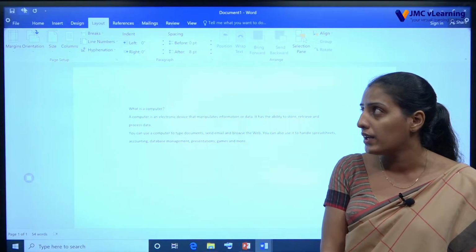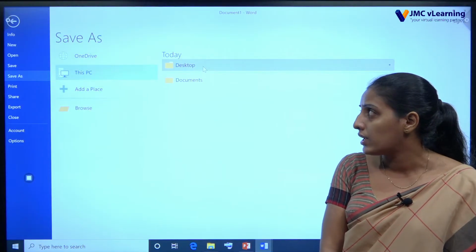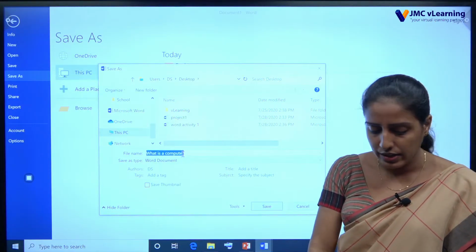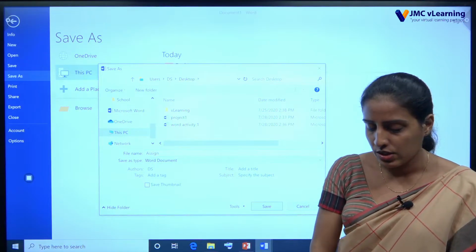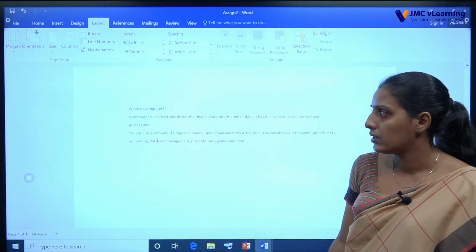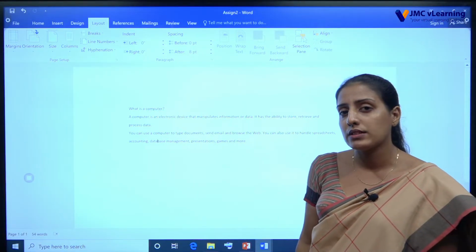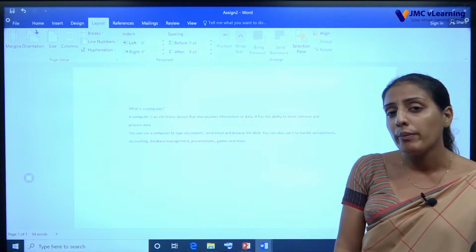So, go to the file, then select Save As. I will again choose the desktop and type "assign to" and save. Now, you can see "assign to" here. Next they are asking you to do the formattings